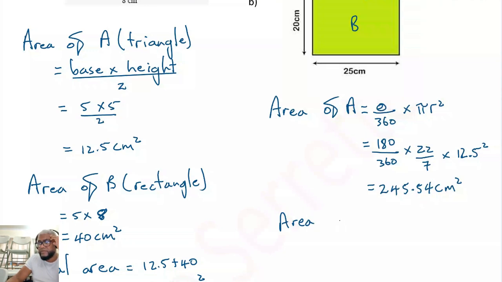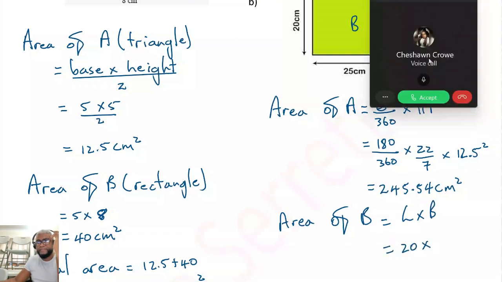Oh, never mind. I thought I had this wrong, sir. All right, bro. Right, area of B. B is a rectangle, so that'll just be length multiplied by breadth. So it'll be 20 multiplied by